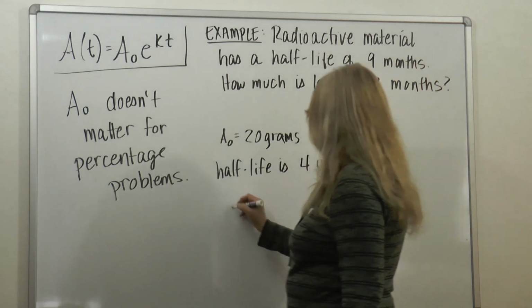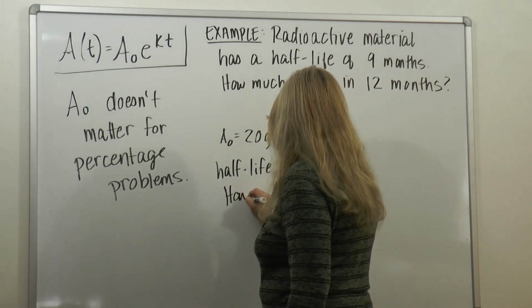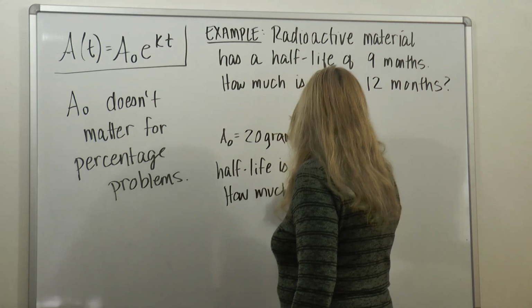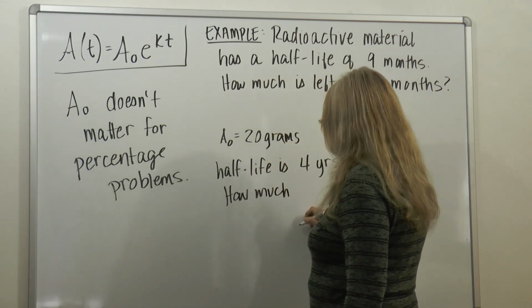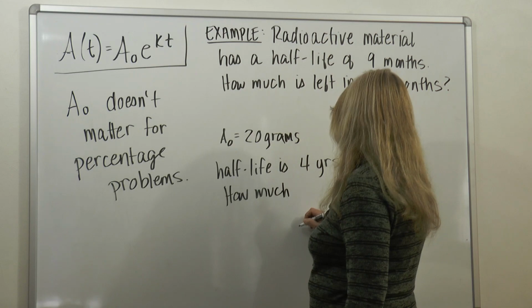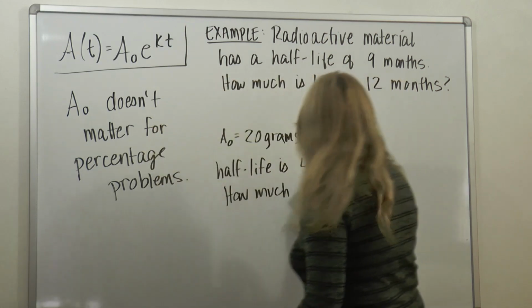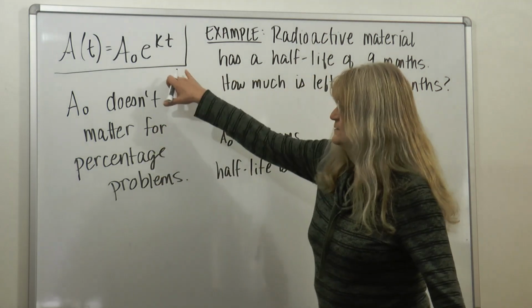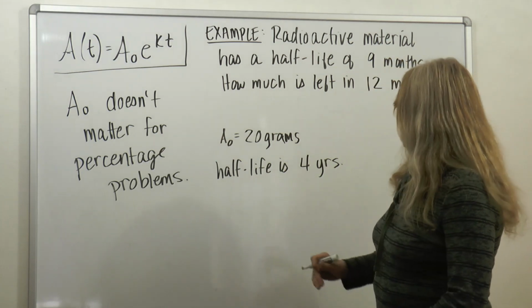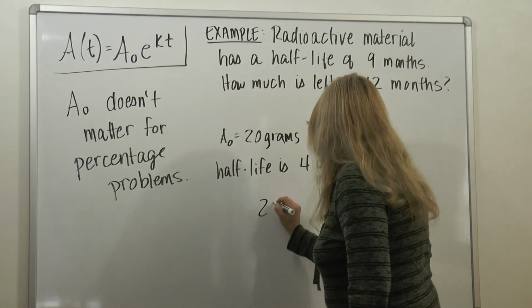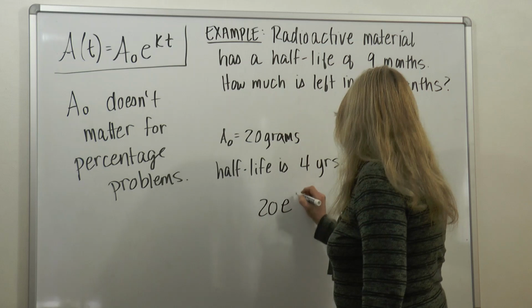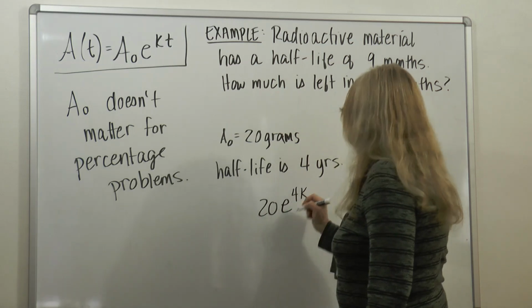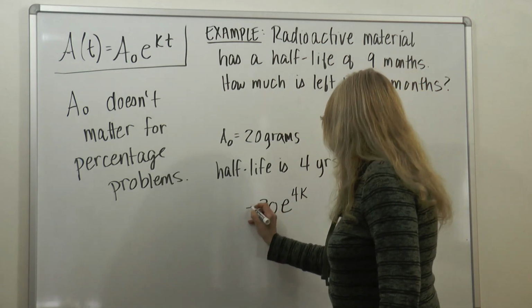Okay, so if I'm using this formula that we have here, if my A sub naught is 20 grams and E to the 4K, say I don't know the rate, okay,